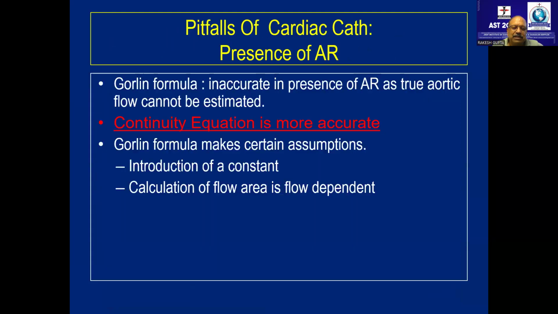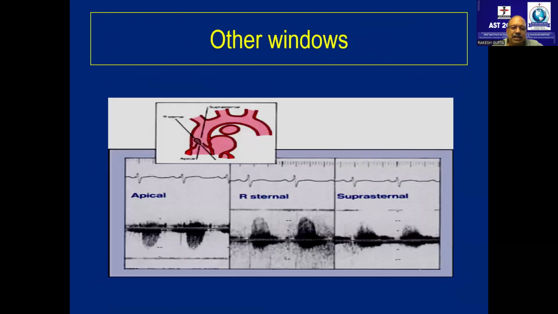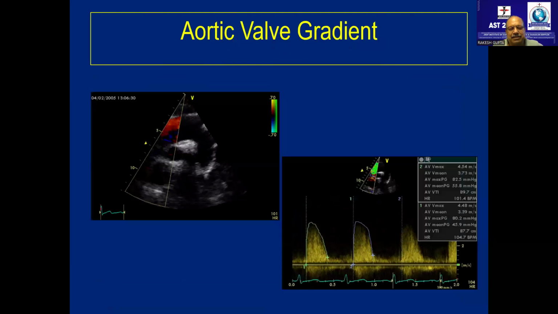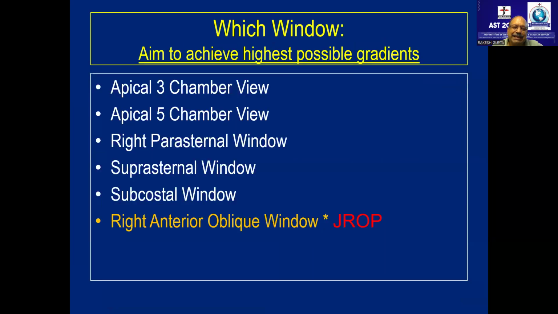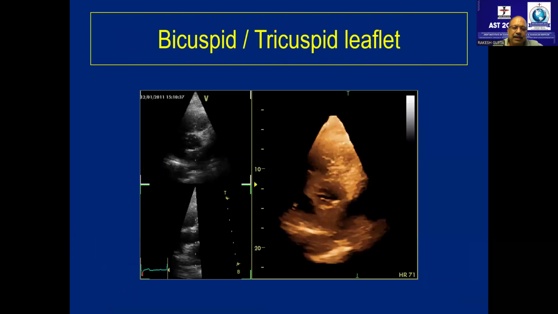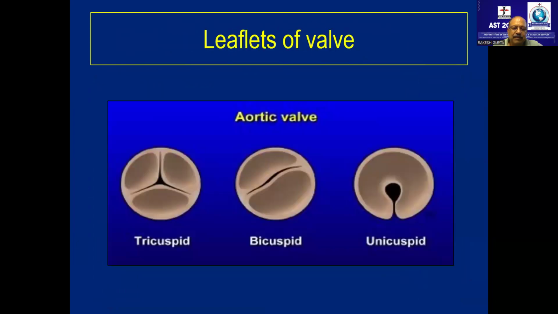The problem with aortic stenosis is that these three leaflets, they are nuts. Why are they nuts? Look at these three leaflets. Sir, I have one question. Can we use planimetry area and VTI for calculating the stroke volume? If you calculate a planimetry area, why do you want a stroke volume then?